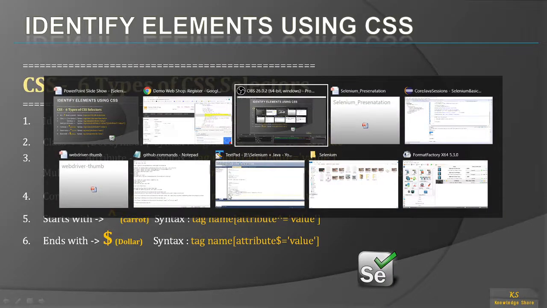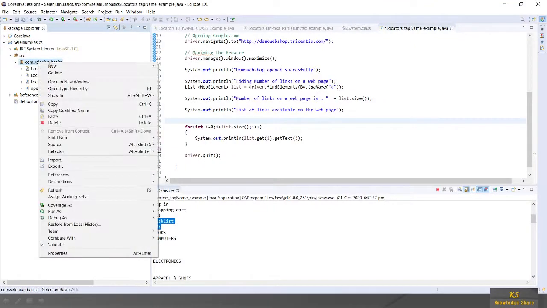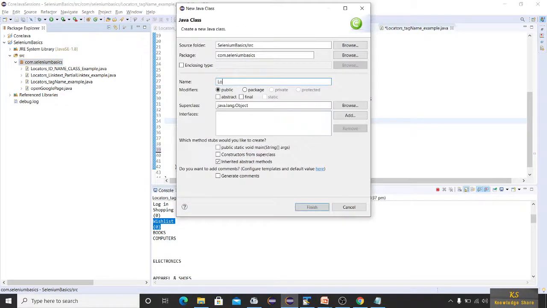So let's switch to Eclipse and write this sample code. I'll create a new class, locators, CSS selectors example.